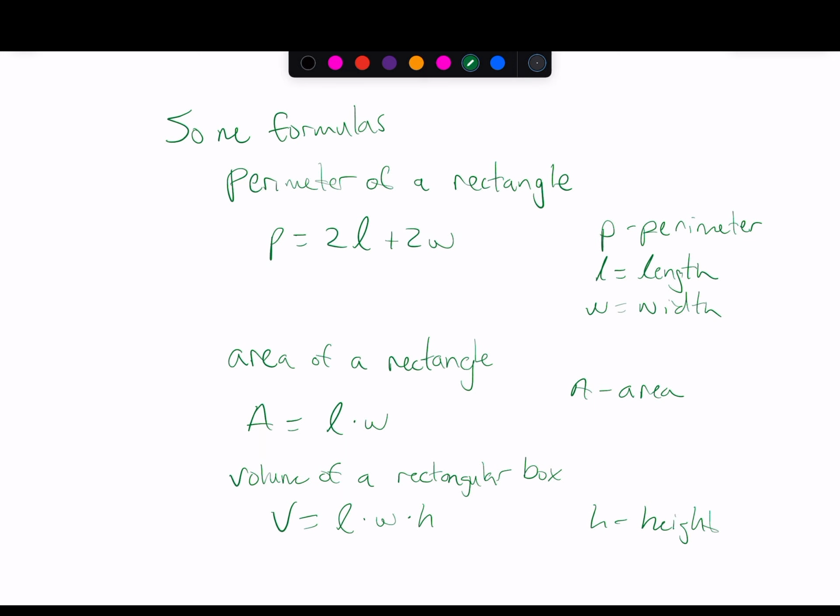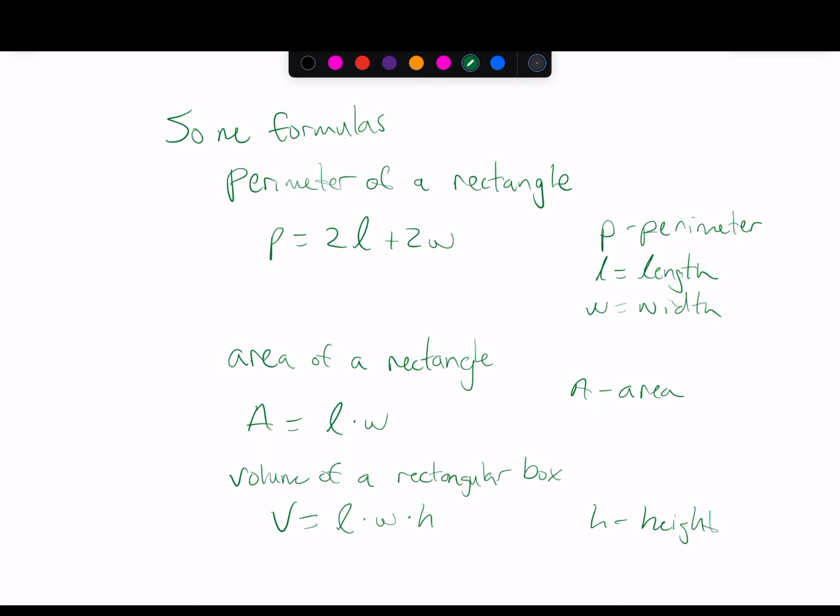The area A is equal to the length times the width, and then the volume V is equal to the length times the width times H, which is the height of the box. So those are some formulas that you'll probably see, and what we'll want to do with those is either plug in values and solve,